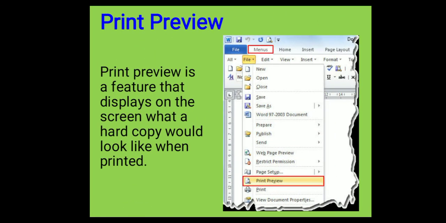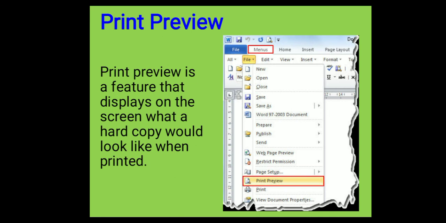Print preview. Print preview is the feature that displays on the screen what a hard copy would look like when printed. Means print preview provides a good idea before printing a document, and you can easily see whether your document is printed in the correct format or not. Sometimes when you print, one or two lines move to the second page, so you can easily manage that, and after that you print.